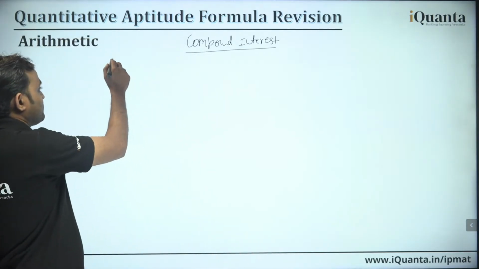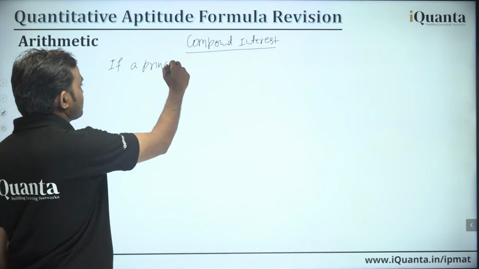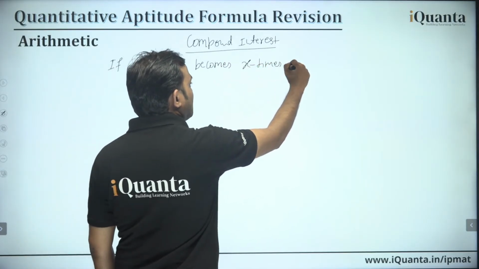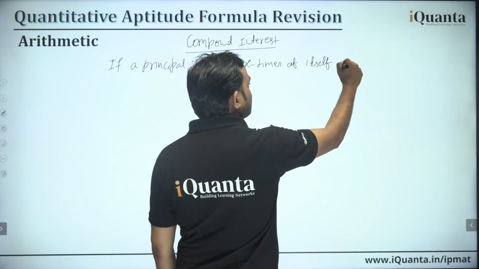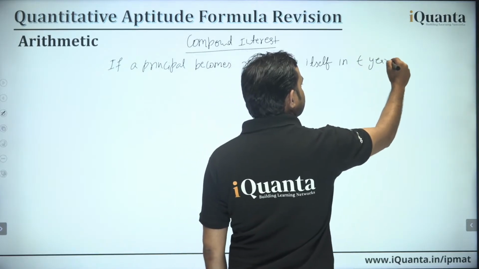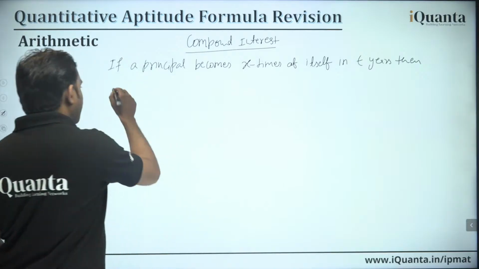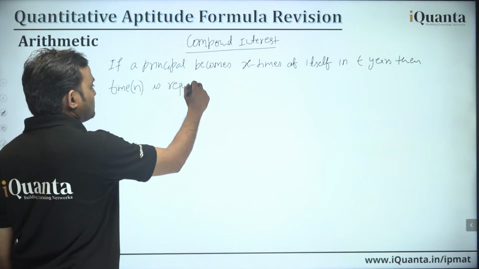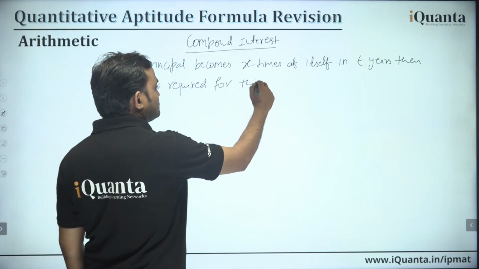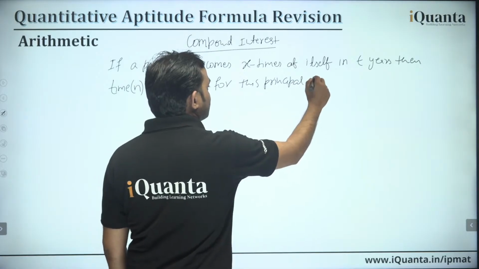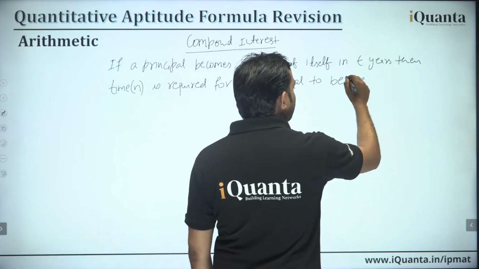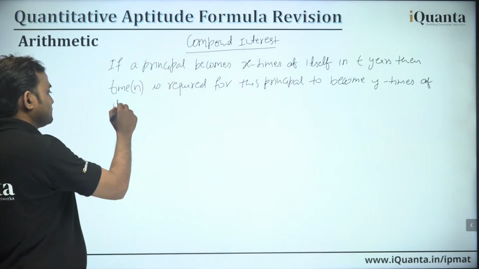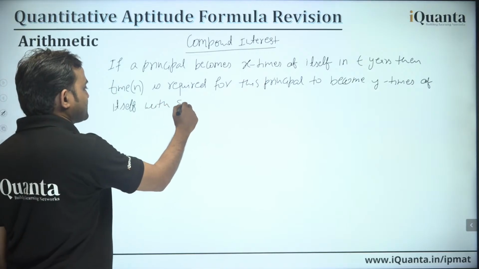Like if a principal becomes X times of itself in, let's say, T years, then time N required for this principal to become Y times of itself, with same rate of interest,